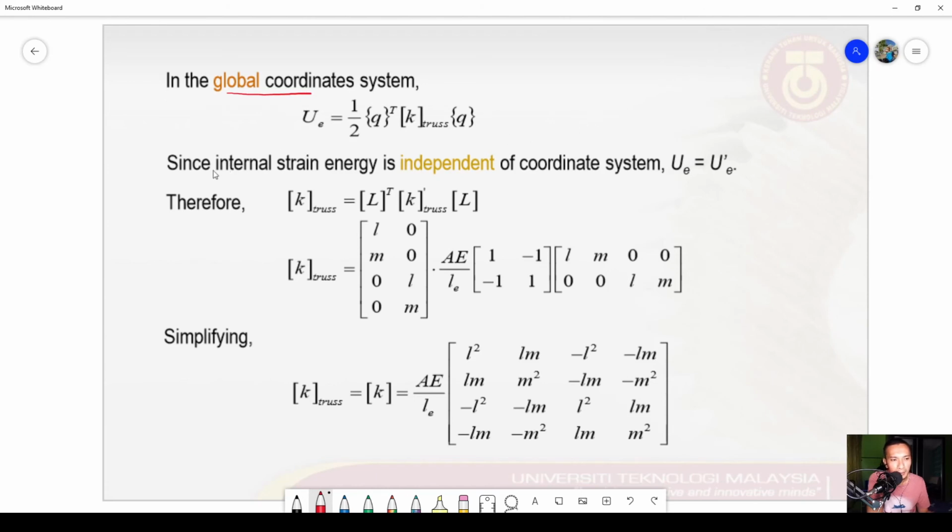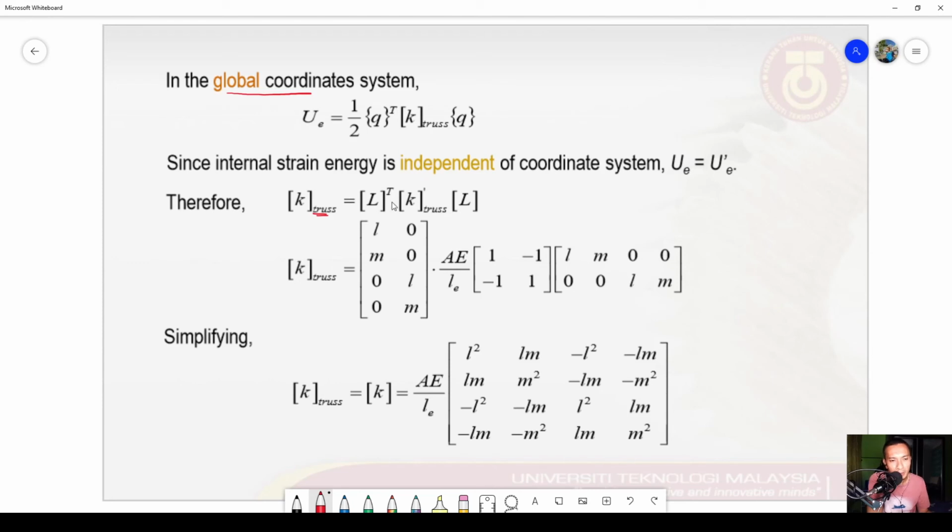Then it says here, since internal strain energy is independent of the coordinate system, whether it is in the global or in the local coordinate system, the element stiffness matrix for the truss in the global coordinate system can be obtained by taking